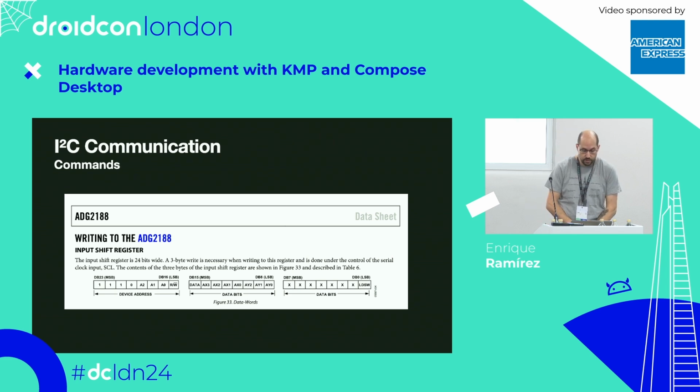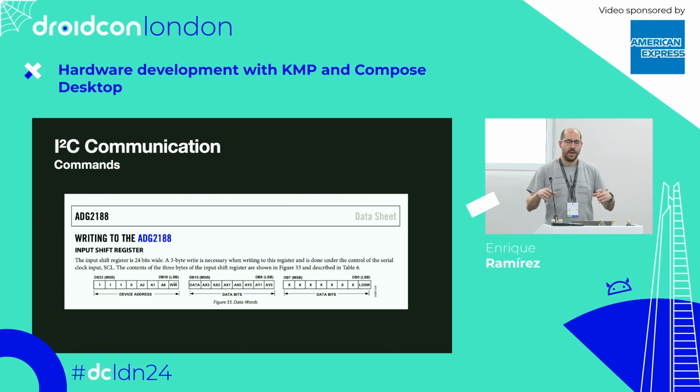And if we go to the data sheet of this chip that we want to talk to, we see that we actually need to construct the data that we are going to send, and it has 1 byte for saying the address of the chip. If you have noticed on the previous image, there are some DIP switches. You configure that there. Then you need to set what input and what output you are going to join together, or enable or disable. And then the last byte is just for saying if you want to keep sending